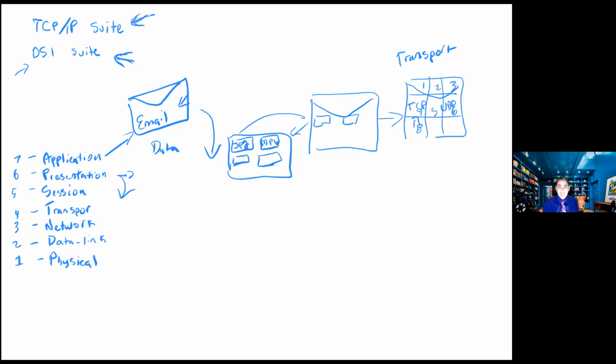TCP is reliable, meaning that it's gonna check that it arrived. And the other device, if one of these pieces, which is a frame, doesn't arrive, let's say number 9, it's gonna communicate with the original device sending the packet and be like, hey, I didn't receive packet number or frame number 9. Can you send it again? And then